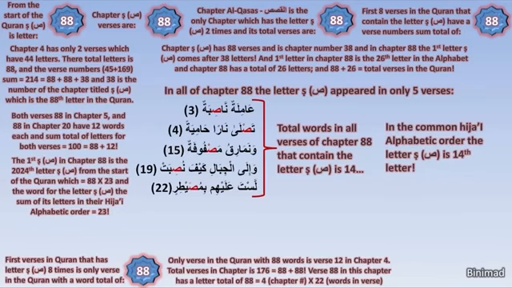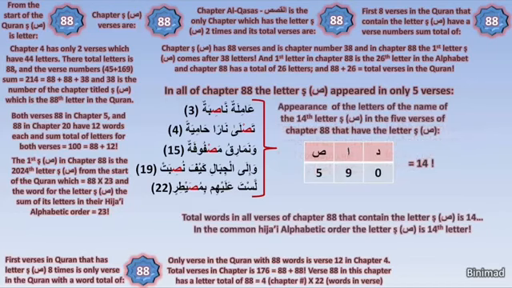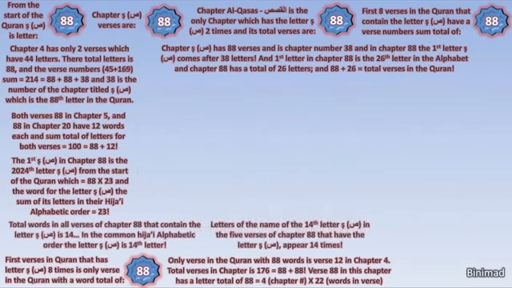To further confirm the connection of the 5 verses with the letter Sad, other than they are the only verses in the chapter with the letter Sad, and other than their total words being 14, we look at the letters that spell the name of the letter Sad once again. These letters that spell the name of the letter Sad appeared in all 5 of these verses a total of exactly 14 times. This is truly amazing, but we must keep going.